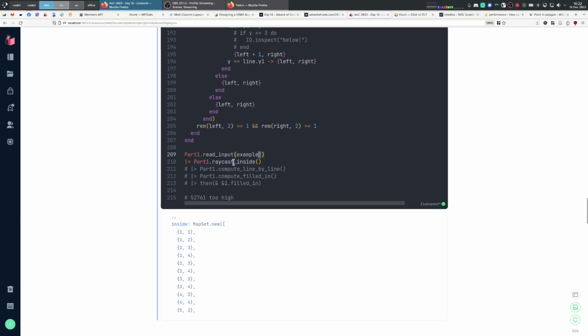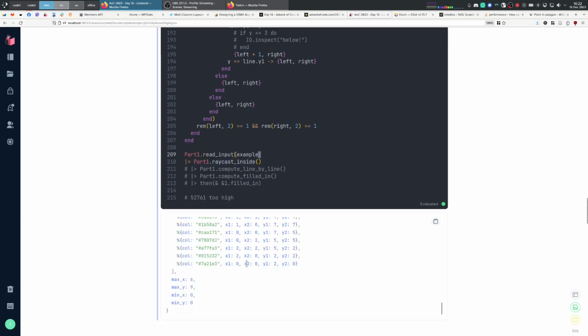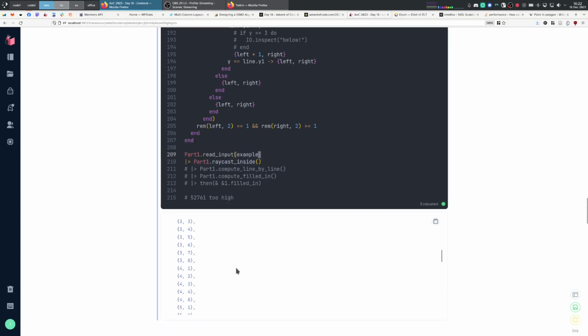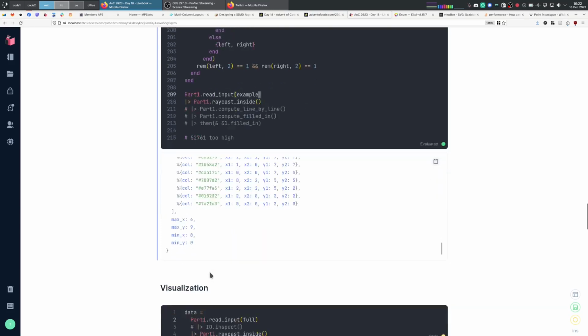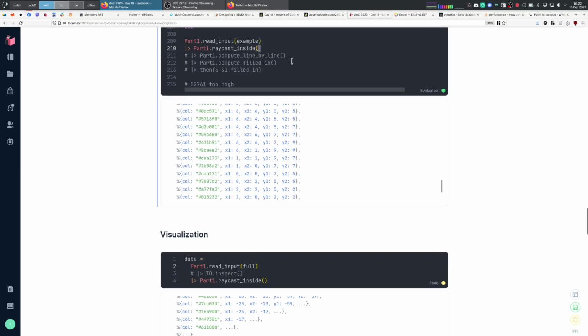Let's run this on their example first. So we have some number of things inside and also filled in edges, right? No. Need to do